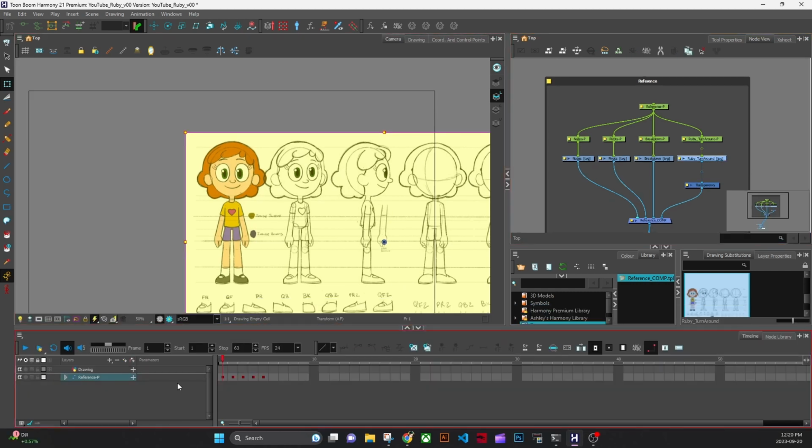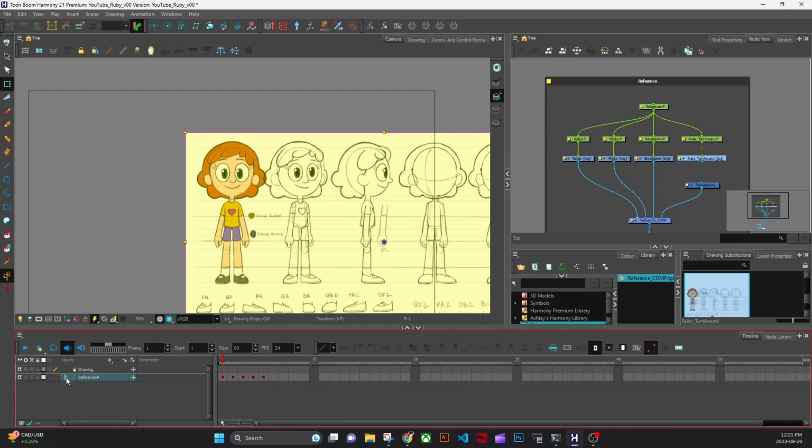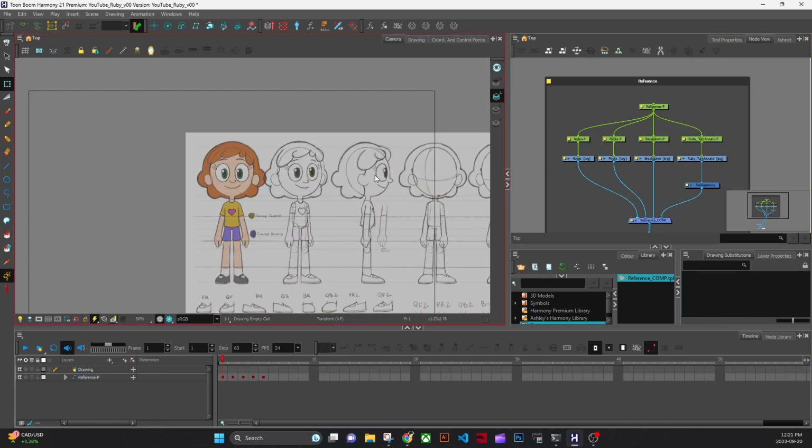Come down to my timeline and hit O, because what O is going to do is center on selection. And there's a little lock here. I'm going to put a lock on it because I don't want to ever be able to grab that and move it or mess with it or anything like that. Okay, so now that we've got that set up so I can't click on it and accidentally grab it or anything,